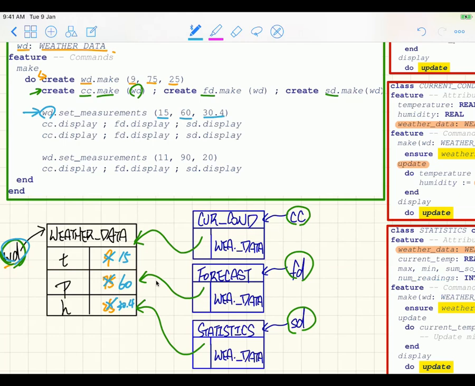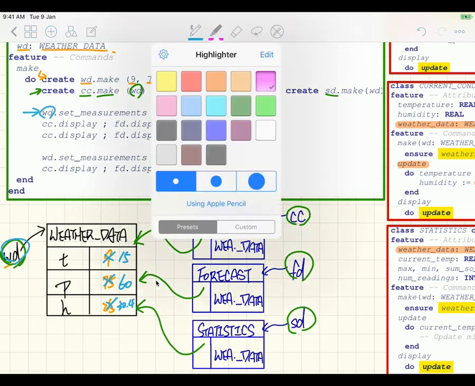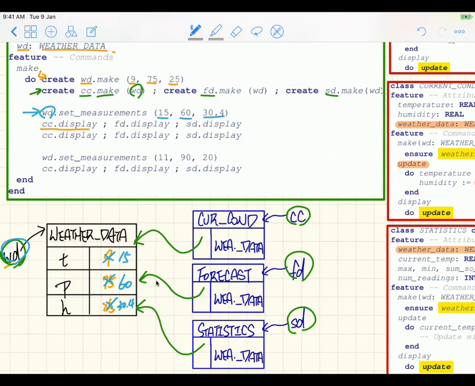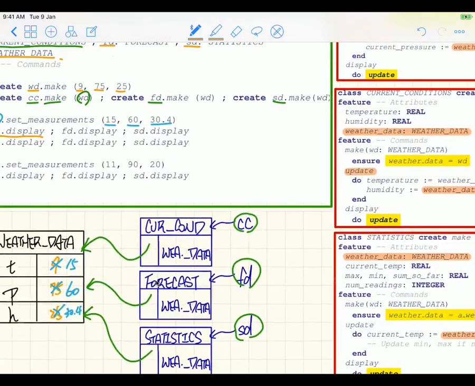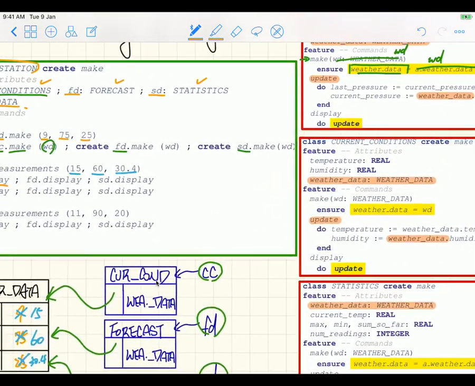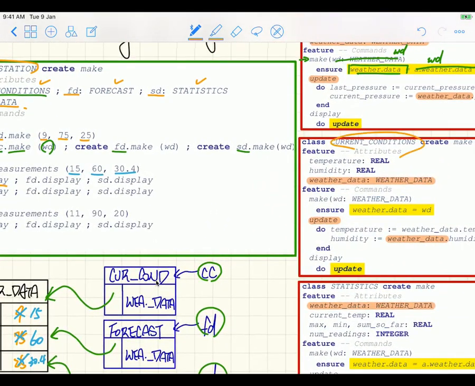That's okay, because every time when you're trying to do display over here, let me use orange. When you say cc.display, that's a current conditions. If you look at the current conditions class, before you try to do display, you always have to do an update, right? Every time before you do any display refresh on any of the apps, you always have to do